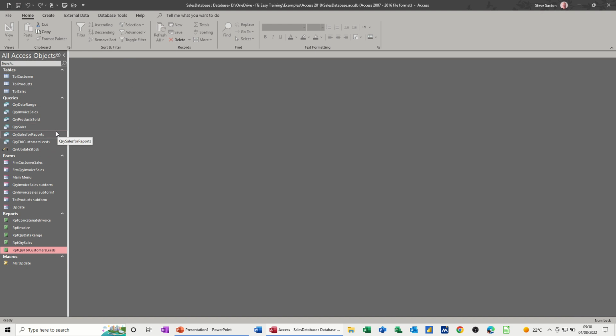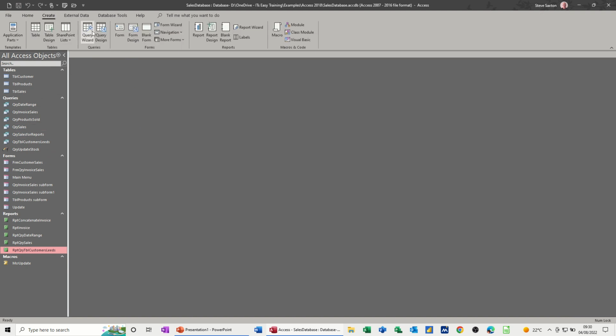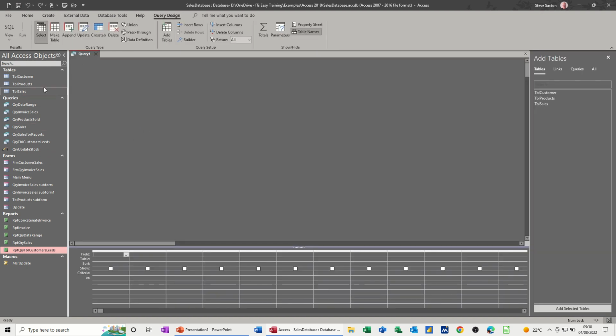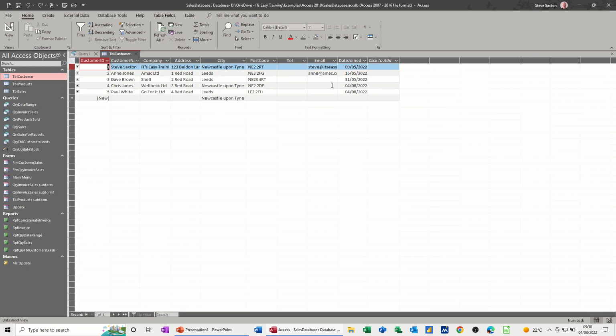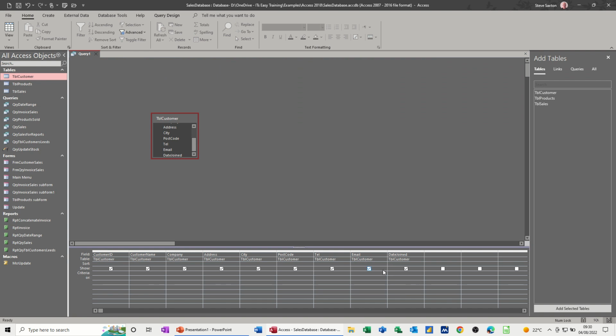Let's do another query. So new query, create query design, bring the table across, add all the fields. Now this one, I'm going to look at the date joined column. Let's have a quick look at the table. So we've got May. Everything after May, so I just want these 2 records to appear. So in the criteria line you go greater than, in this case I'll go the 1st of June